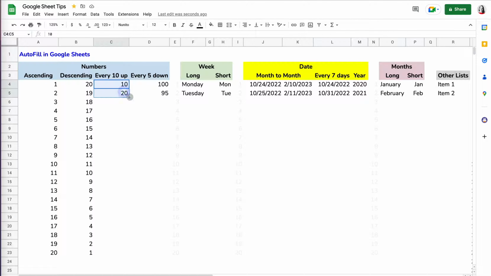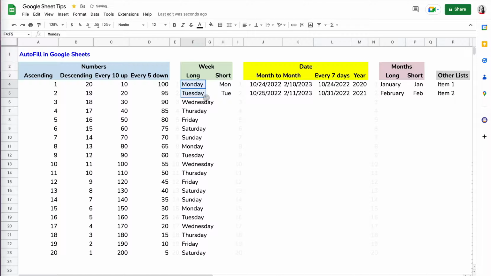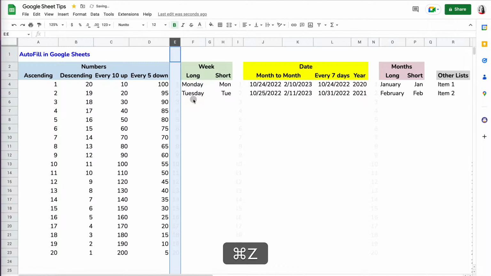So here I have numbers, and every 10 I can go up. Here I can go down every 5. As long as you have two numbers specifying the pattern, Google Sheets will know what to do. Now let me show you here. I have Monday, Tuesday, and if I double click in the bottom right corner, it fills the data. Now let me go back and try one more time. Nothing is done,